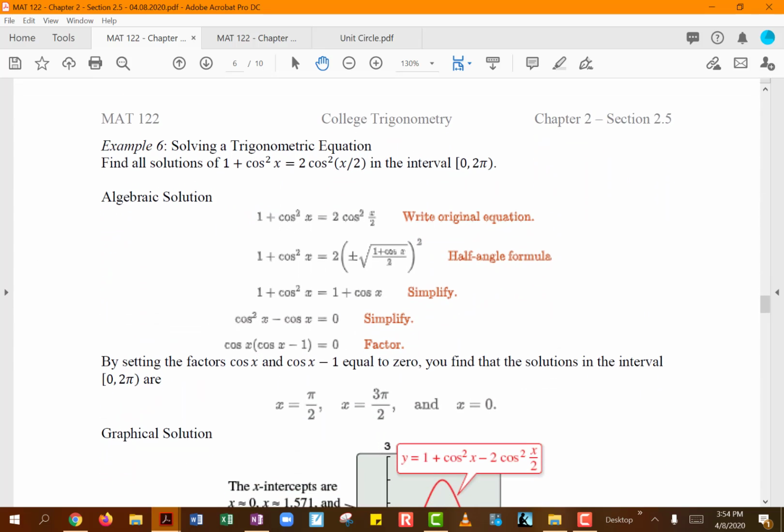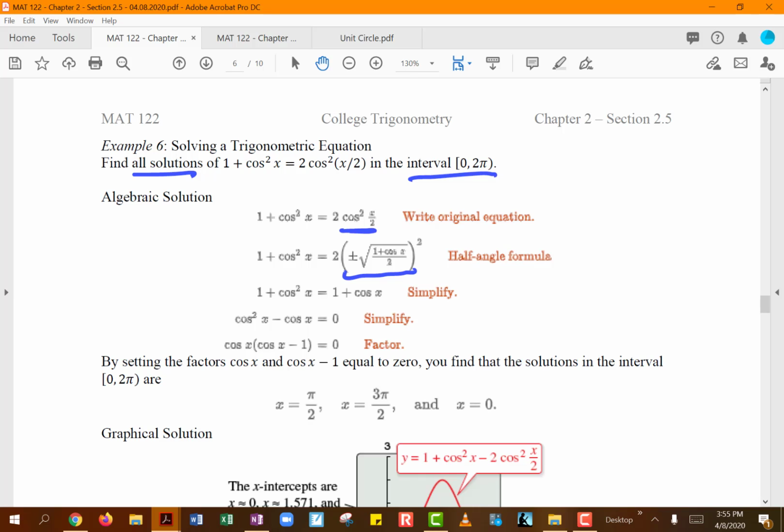So the next one we are looking at is 6 here, talking about solving a trigonometric equation. They are saying find all the solutions in the interval 0 to 2 pi for 1 plus cosine squared of x equals 2 times cosine squared of x over 2. So of course with cosine squared of x over 2, this part here we are replacing it with our half angle